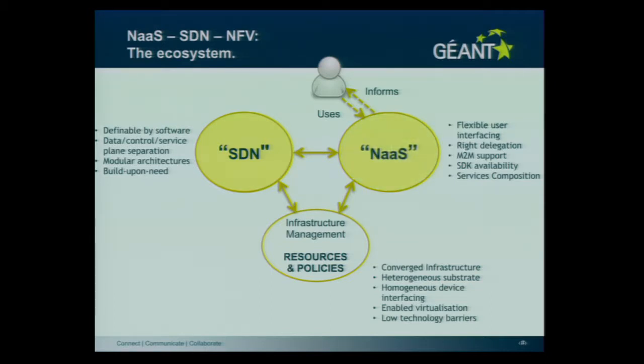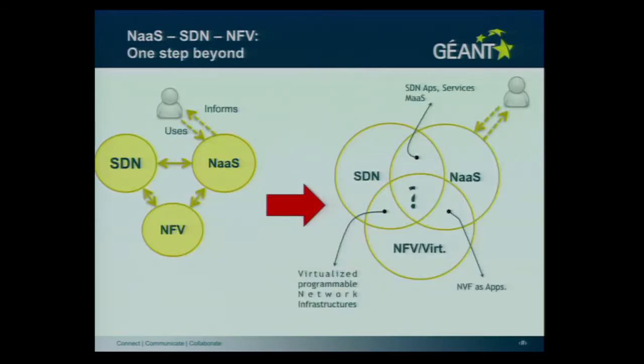And that's the role we see for networks as a service. And then we have the bottom bubble, which is resources and policies. I need a firewall, I need a DHCP server, something like that. I have a security policy I need to implement, and that's the role we see filled by network functions virtualization. And where it gets exciting is where these start to overlap, because they're not totally isolated, they're interworking with each